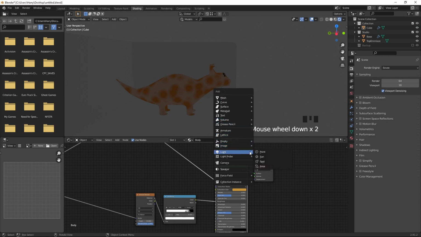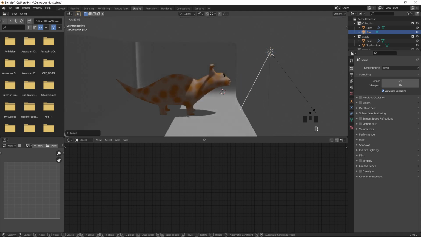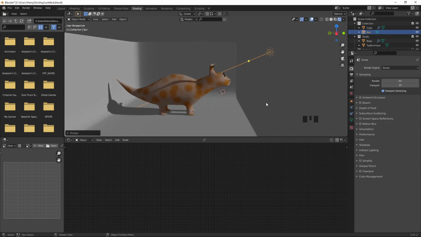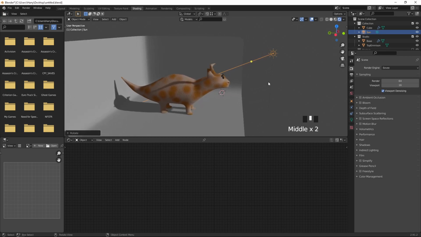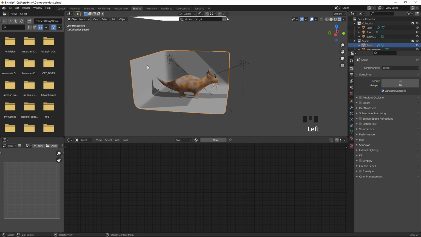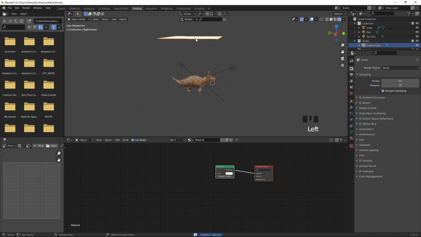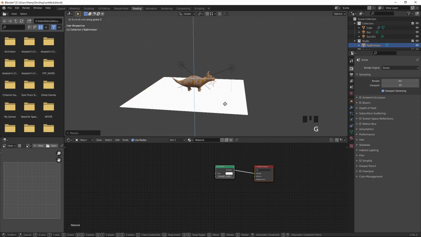So let me create one light. Go to the sunlight, G to move, and auto rotate. Here we are going to do Shift D to duplicate on the X axis and auto rotate. I don't know, I'll just delete this one, G Z and move towards here. Scale it tightly down. G Z, okay.